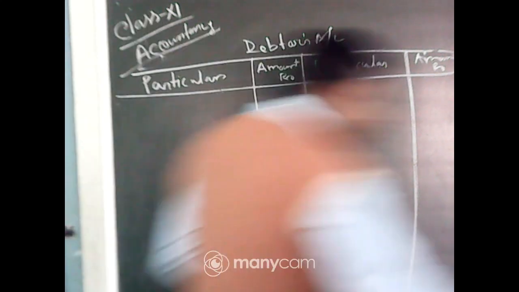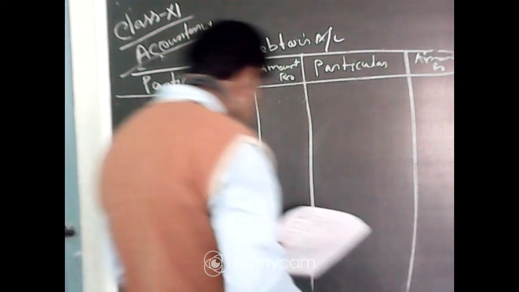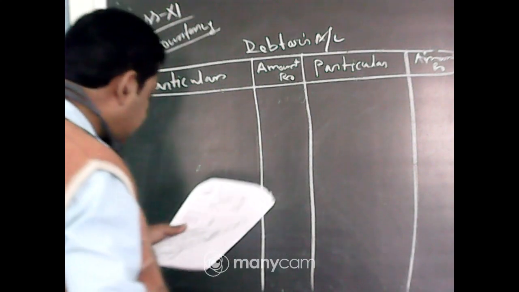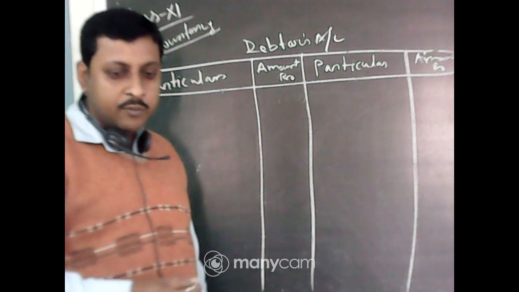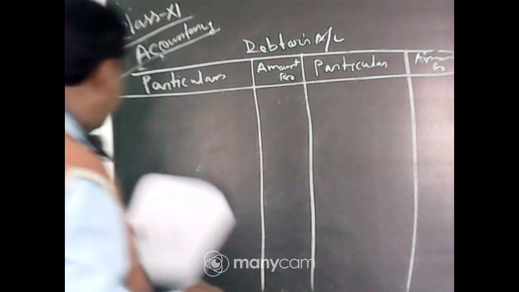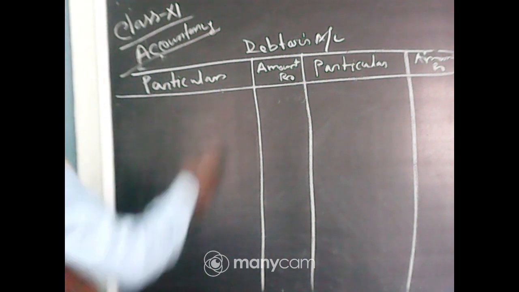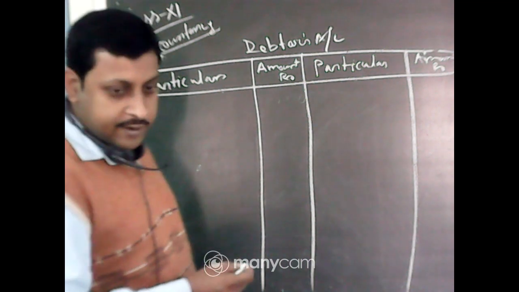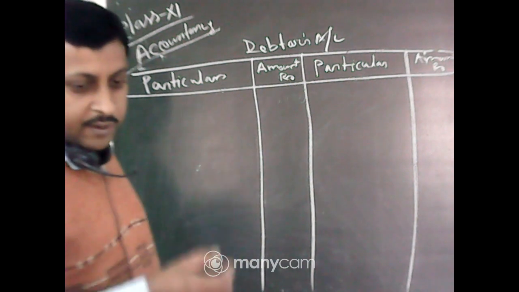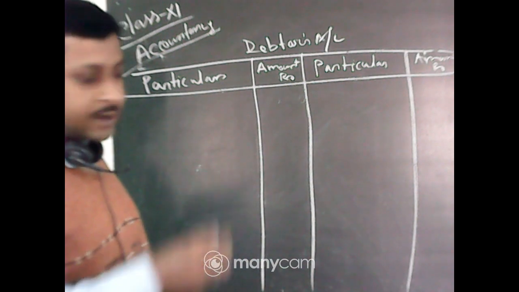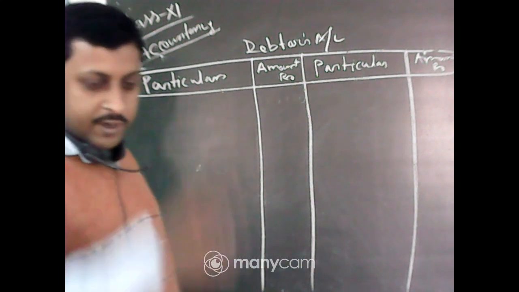Now here some information is given. From the following details given below, find out the credit sale and total sales. Not only credit sale, you have to find out the total sales also. Now how can we do that? Now here you can see opening debtors. Debtors, you know, is a current asset. You already did the final accounts. So in the balance sheet, you write the debtors in the current assets, and in trial balance debtors is always a debit balance.